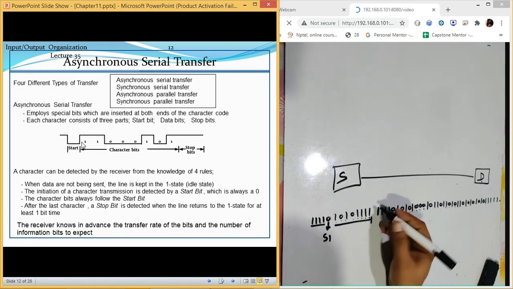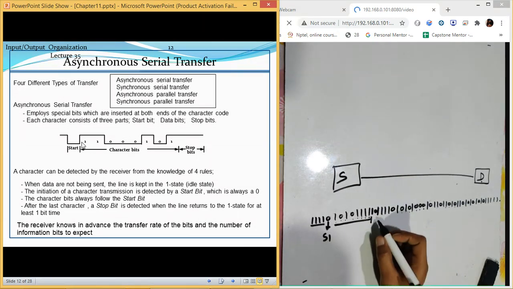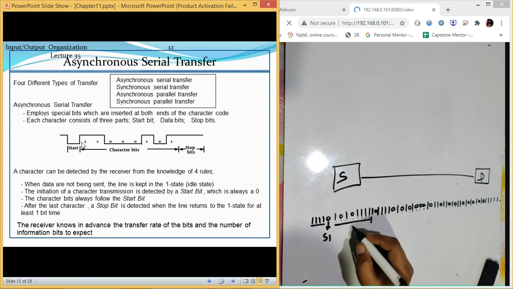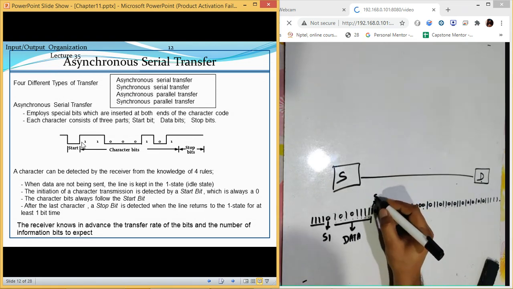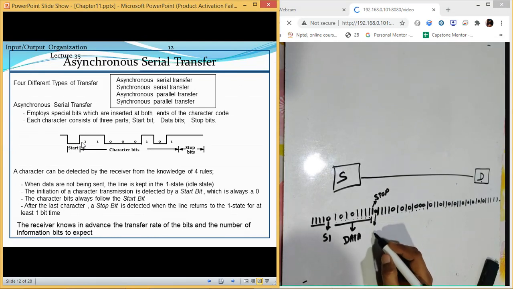Okay, so these are the 8 bits. This is the data. Then this one value is a stop bit. Then this 0 is a start bit.